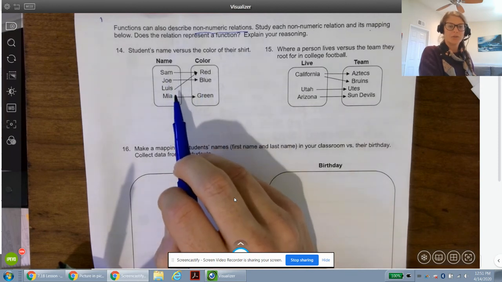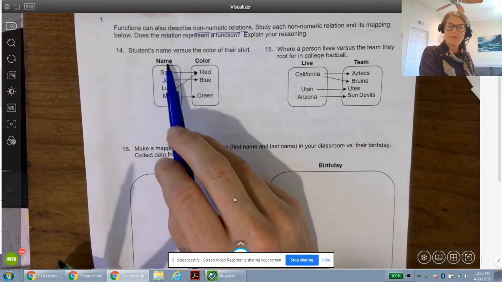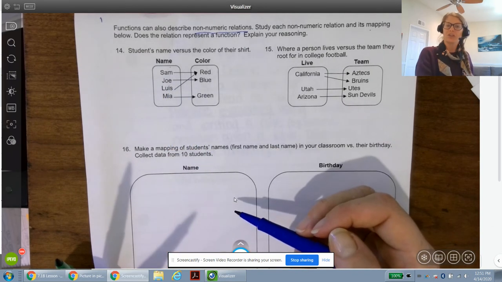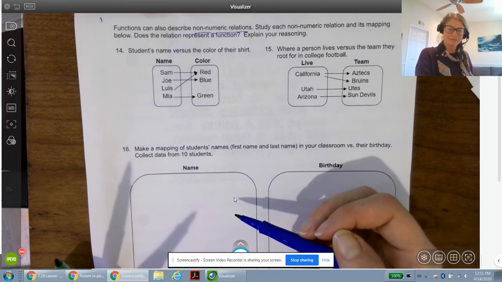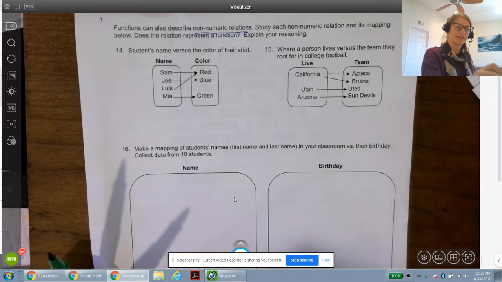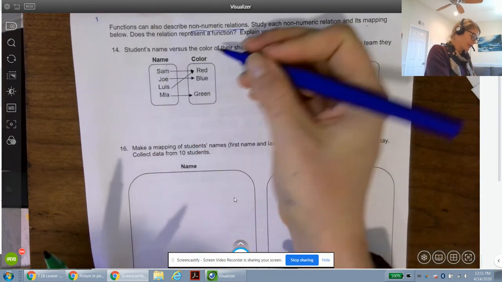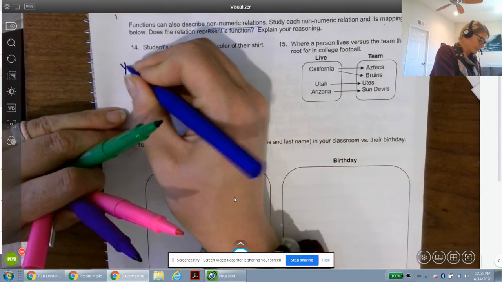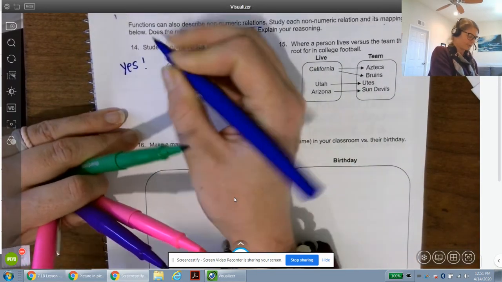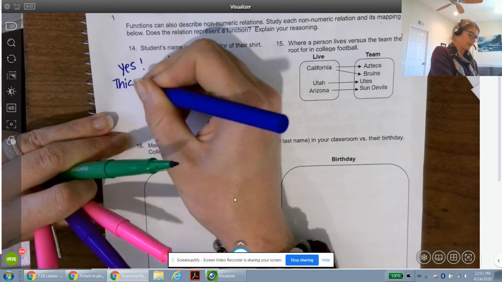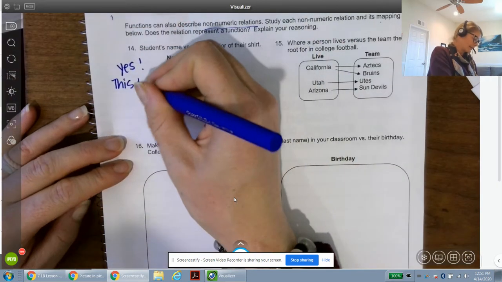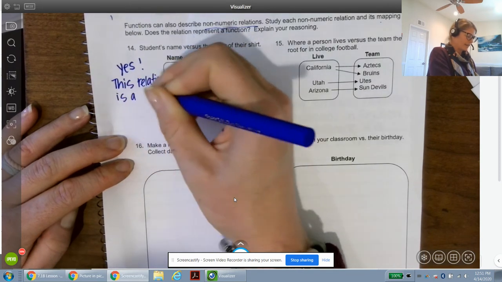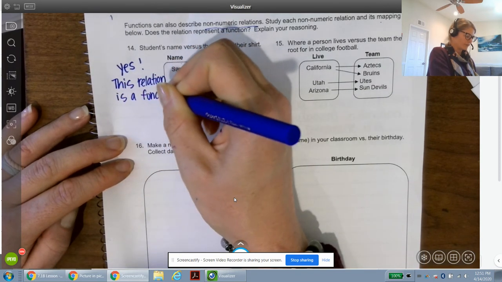So, student's name versus the color of their shirt. So I have Sam, Joe, Luis, and Mia. If I gave you the input, the student's name, would you be able to determine the unique shirt color that student has on? Yes, you definitely would. So is this relationship a function? Yes. This relation is a function